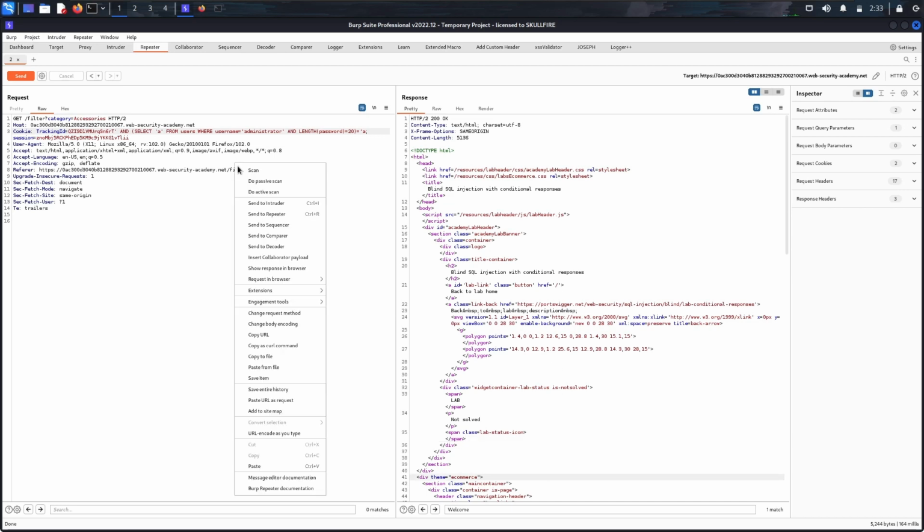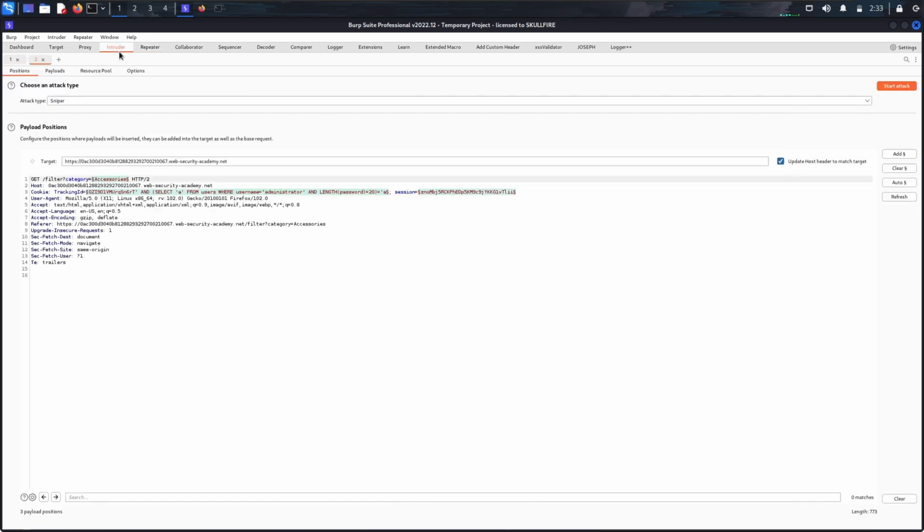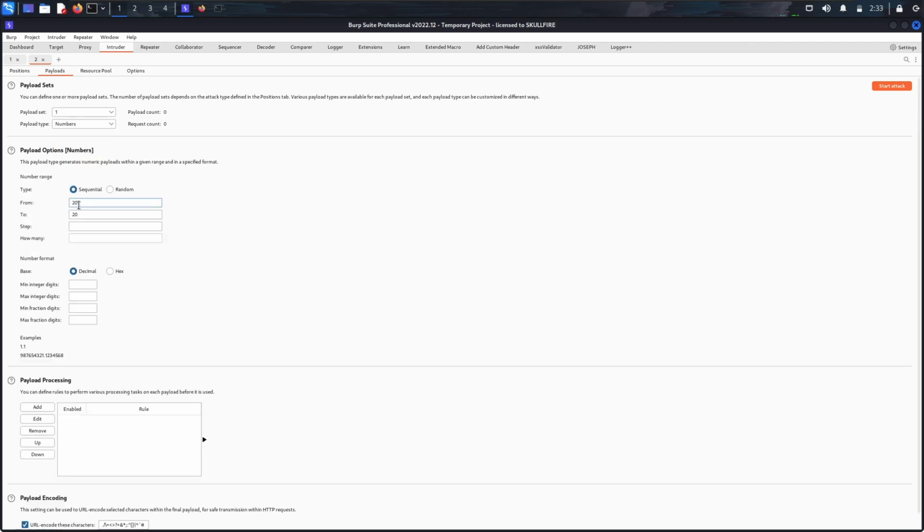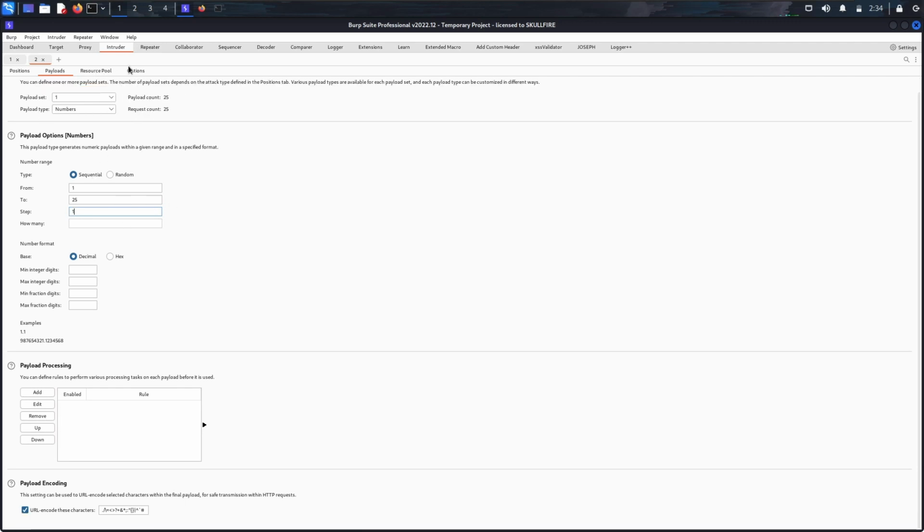This is the manual method. We can also do the intruder method. Send it to intruder. Let's clear that. We are going to use sniper. Now between this add, on the payload position, use the numbers from 1 to 25, step 1. Okay. Now in the settings